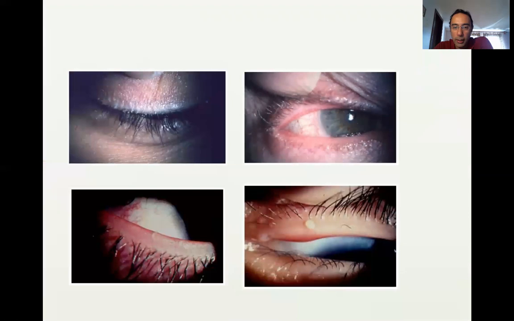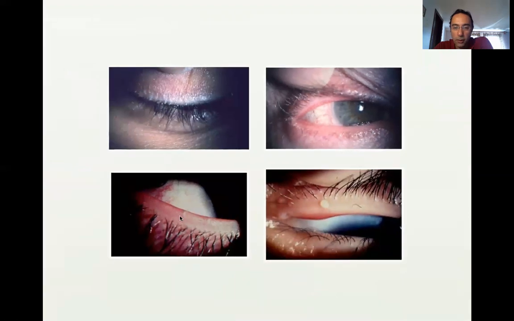The meibomian gland is important for the lipid layer of the tear film, and in this case, the meibomian gland dysfunction causes the lipid to be dysfunctional as well. So here is a toothpaste-like lipid layer capping the meibomian gland orifice, making it not work properly. And there is some crusting on the eyelashes, which indicates